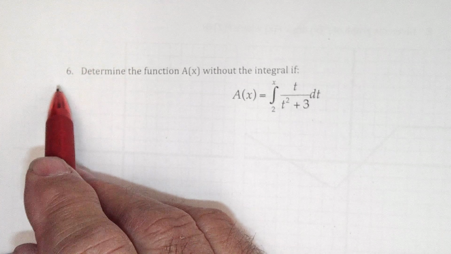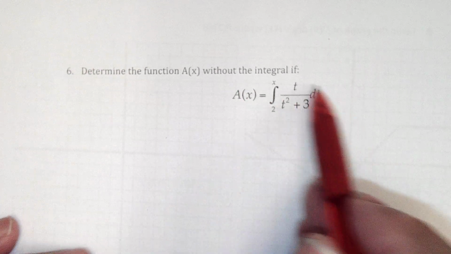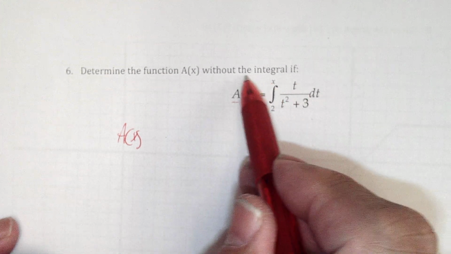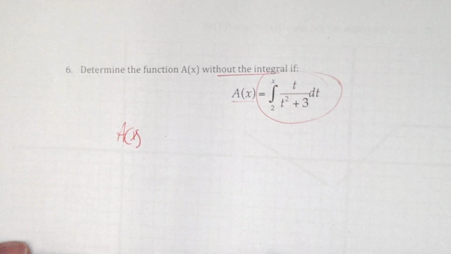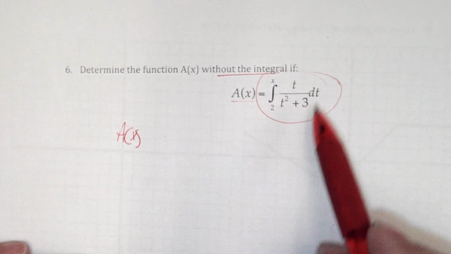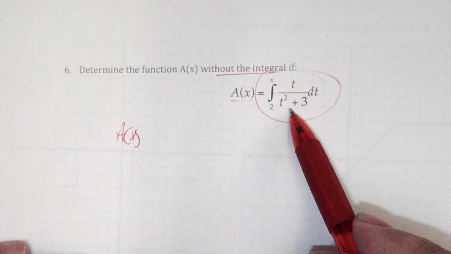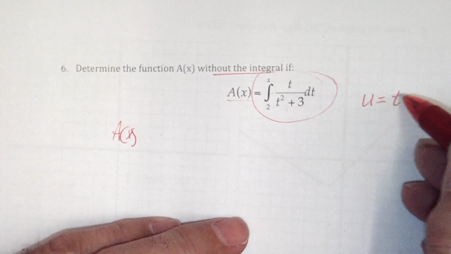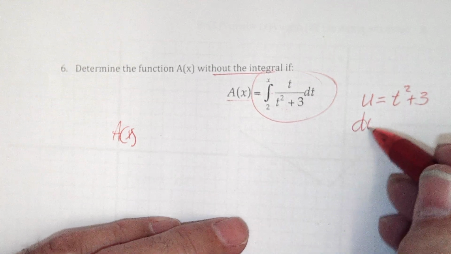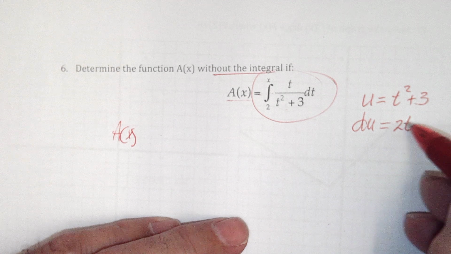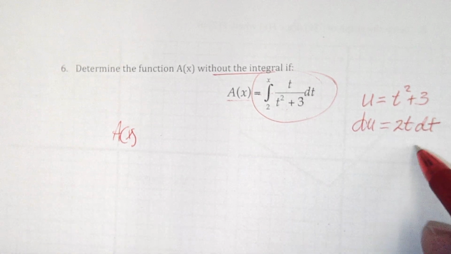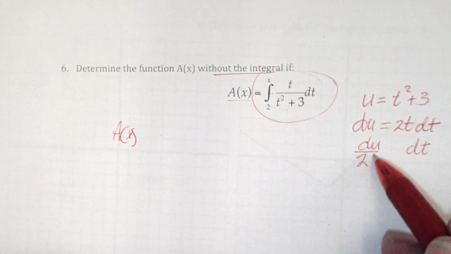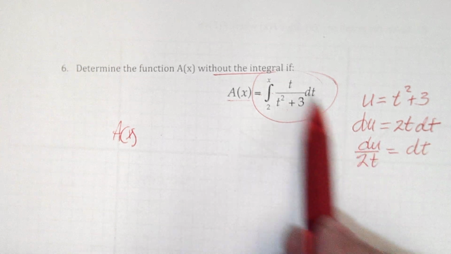All right, let's do the rest of these problems on the sample test. Number 6, we're supposed to find A of x, the function of x, without the integral. Well, there's no derivative in here, so they don't cancel, so we actually have to find the antiderivative of this. And if we let u be t squared plus 3, du is going to produce this 2t dt, and when we solve for dt, that 2t is going to be under du,